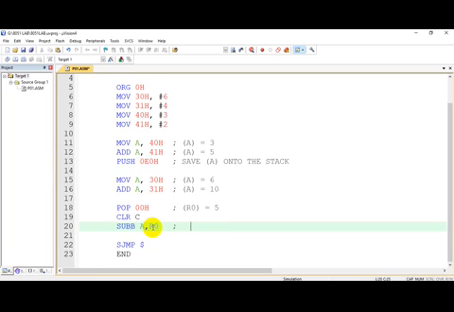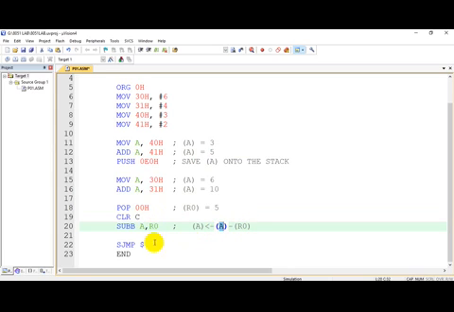So what has happened now? Contents of register R0 are subtracted from contents of accumulator, and the result is stored back in accumulator. What did accumulator have? 10. Then when you popped, 5 got stored in R0.